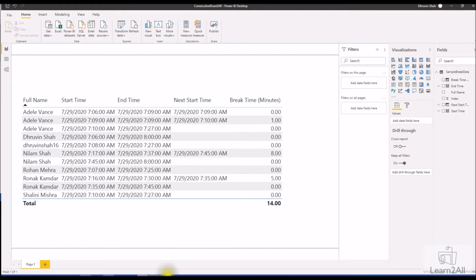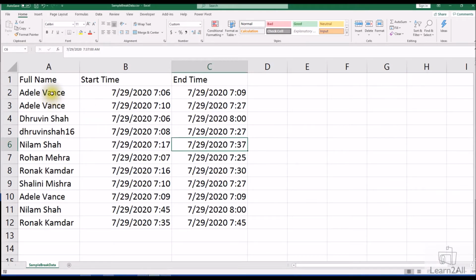I have sample data like this where I have employee name, in time and out time. So basically I have pairs of in and out times. Now I want to calculate the break time in between each pair. So let's say, for example, throughout the day, Adults' in and out pairs are 3, 1, 2 and 3. Now I want to calculate his break time. So how can I calculate it?